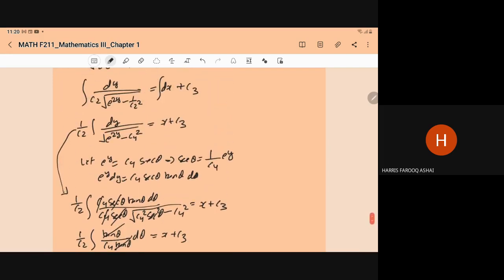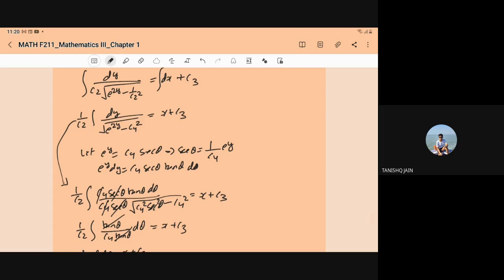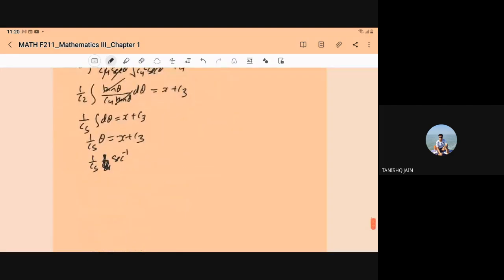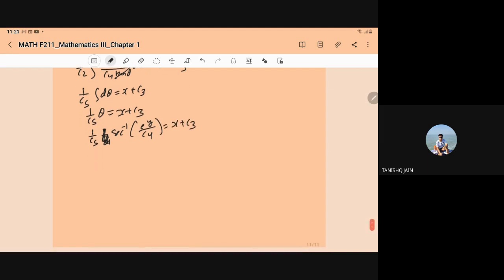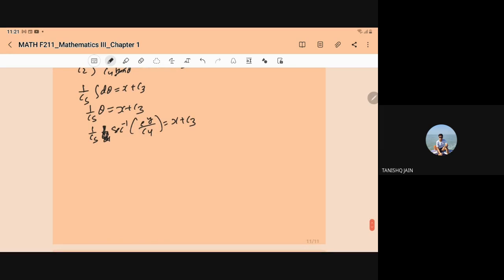So it will become 1 upon c4 sec inverse of e to power y upon c4 is equal to x plus c3. So that can be written as